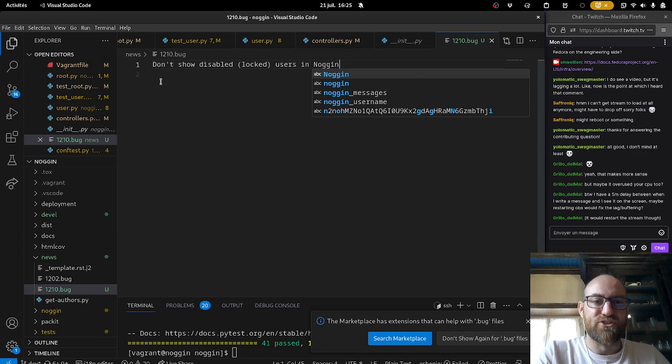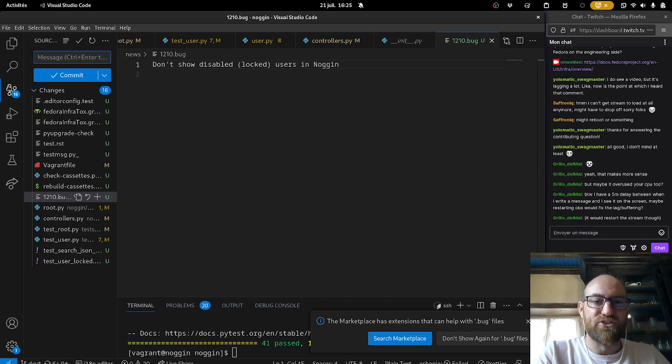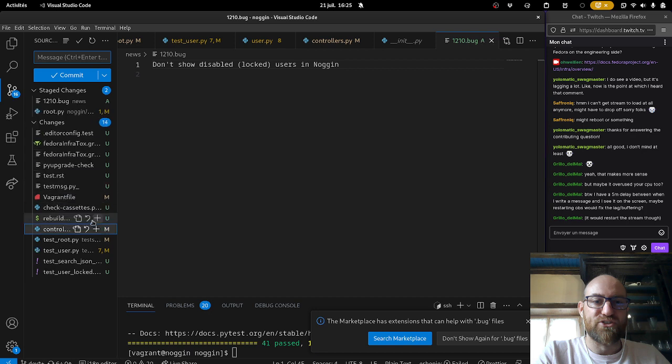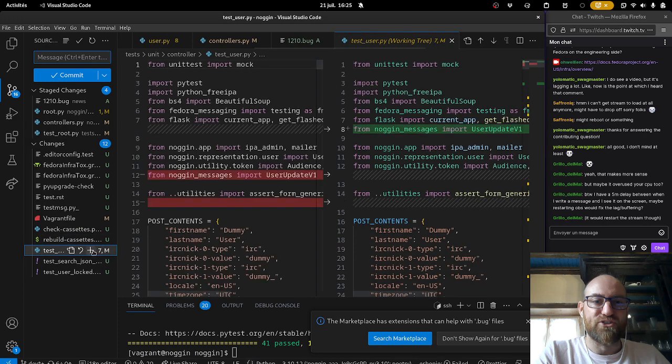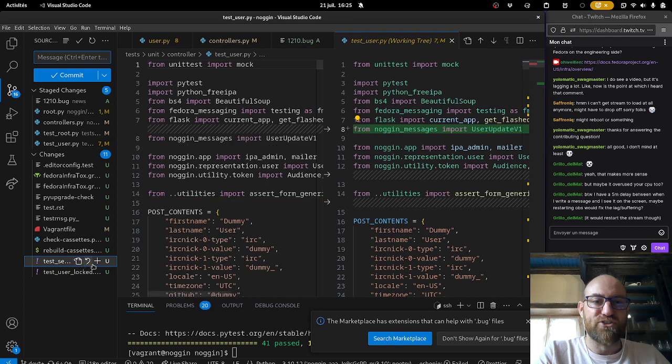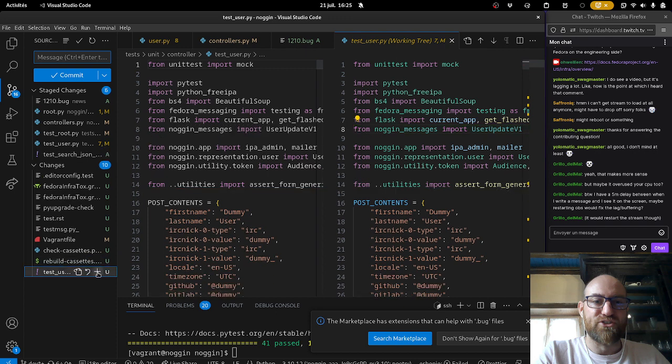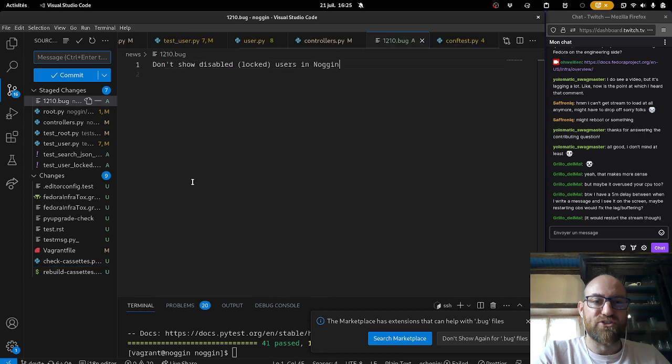Save it. And now we're going to create our commit. So in this commit, we want this new file. We want the changes in root. We want the controller, test root, test user. We want the two cassettes that have been created. And I think that's it.